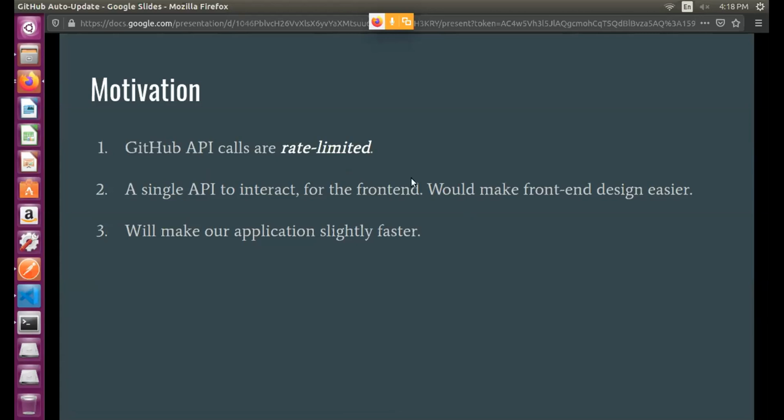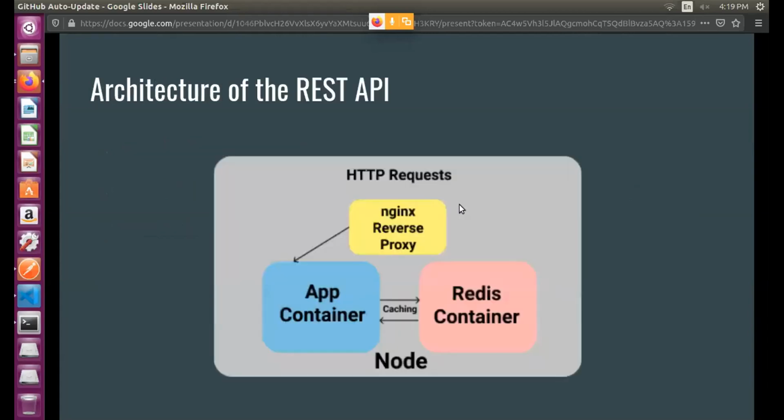During this, I faced a number of issues, as GitHub APIs are rate limited, so you cannot request them an arbitrarily large number of times. There is a restriction on the number of times we can request them. So I thought of updating the MongoDB database once every day using the GitHub API. My main motivation is to run a particular script which will fetch the information from the GitHub API and then update the database. So this is the block diagram of the application I have tried to implement.